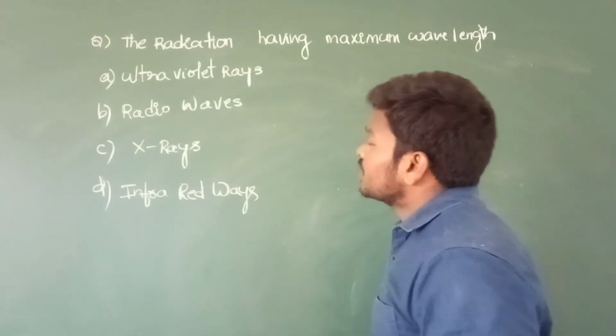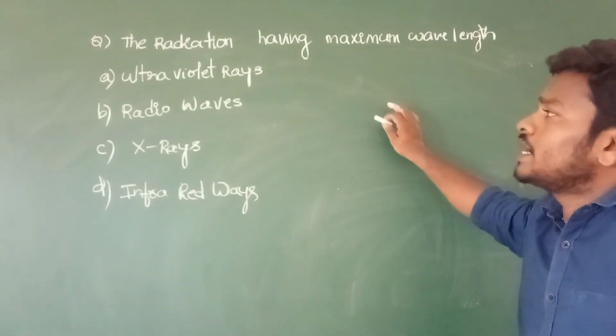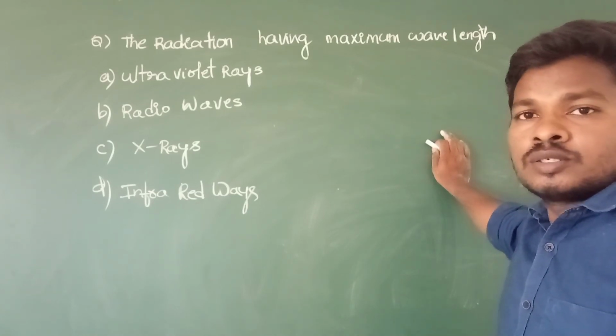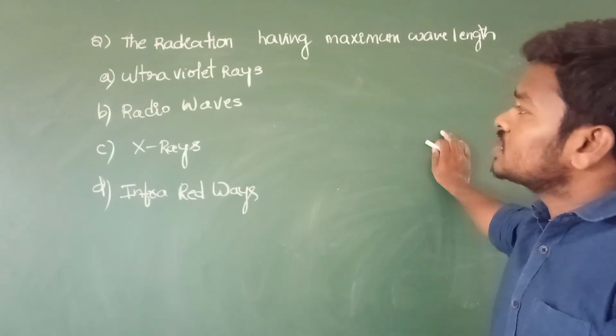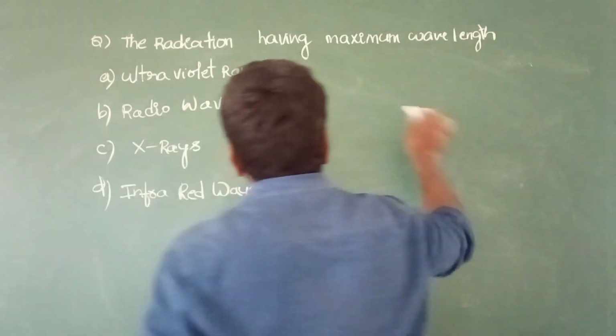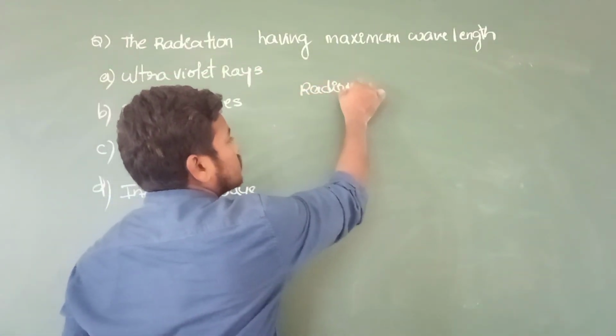Types of electromagnetic waves: which radiation has the maximum wavelength: ultraviolet rays, radio waves, X-rays or infrared? They are asking which among the following has the highest wavelength, lambda. Once you remember the chart, radio waves,